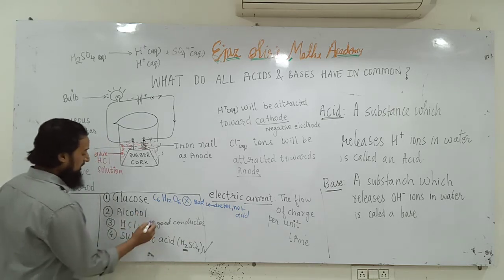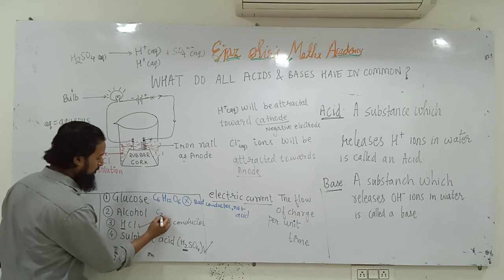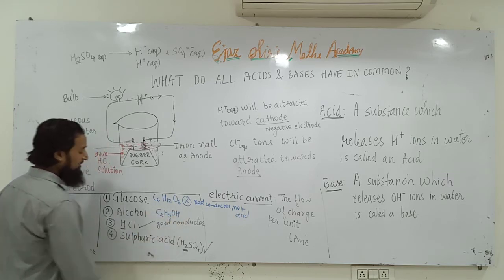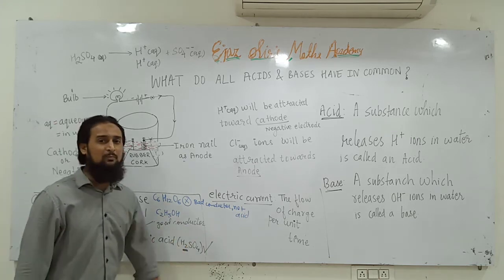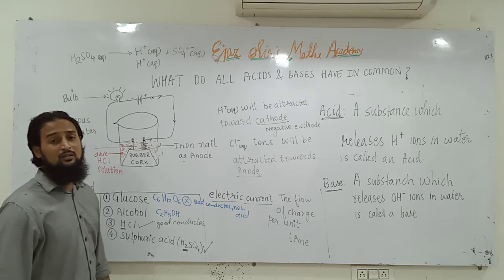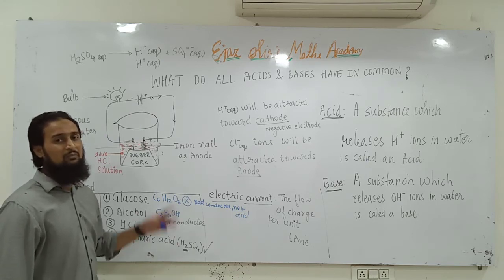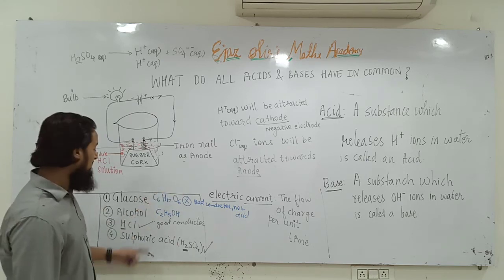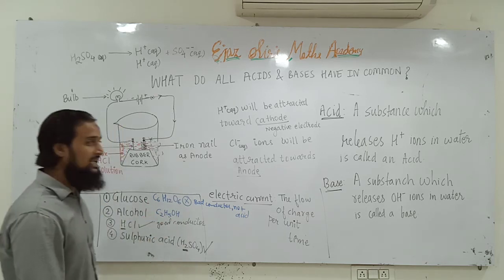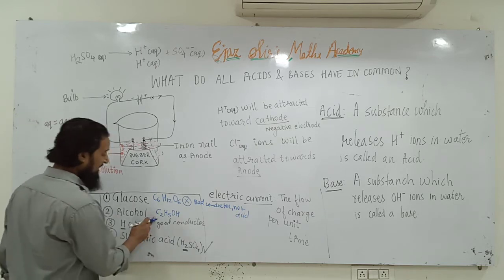What about alcohol? We will talk about ethyl alcohol, C2H5OH. We will come across this formula again and again in the carbon and its compounds chapter, and you have seen this formula in chapter number 6 when I explained mitochondria and lactic acid formation, and you saw this alcohol is formed in yeast and bacteria in anaerobic respiration. So this is ethyl alcohol.